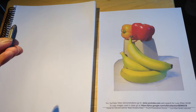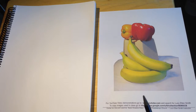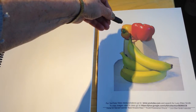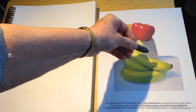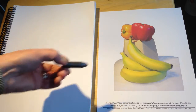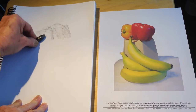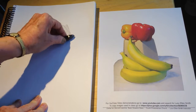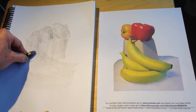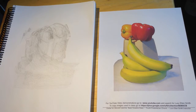And I'm going to use, first of all, this broken off piece of graphite so that I can get the basic shapes down quickly. I have here sort of what I see as 3 groupings. There's the peppers up here, there's the piled up bananas down here, and then there's this shape in here. So I sort of see that as 3 different large shapes. So I'm going to get the peppers in, and then the pot, and bananas. And when I use a large instrument and go quickly, I'm more apt to assess those big shapes more